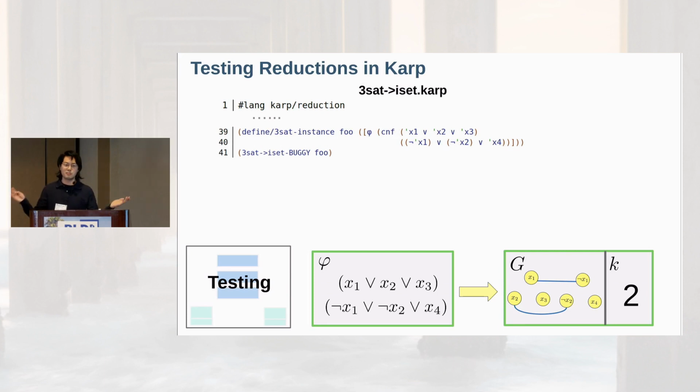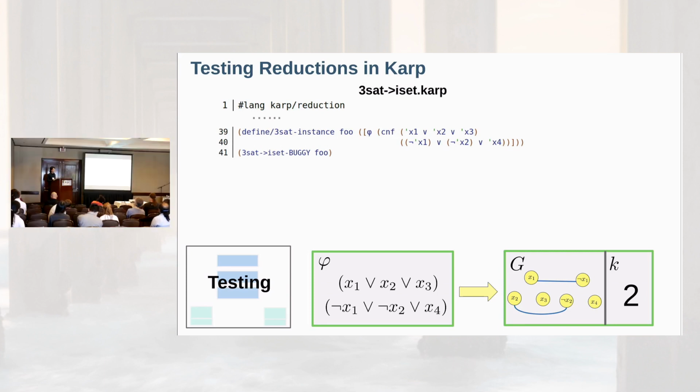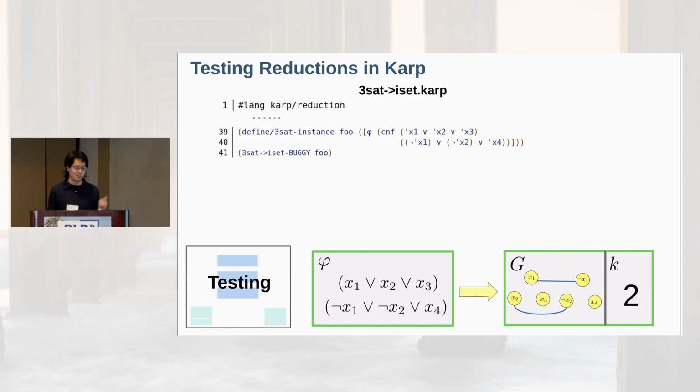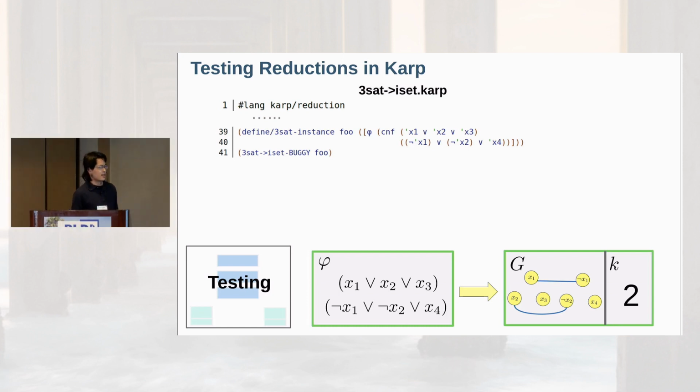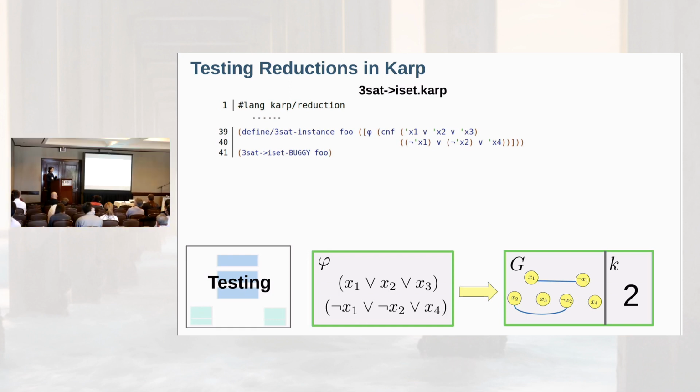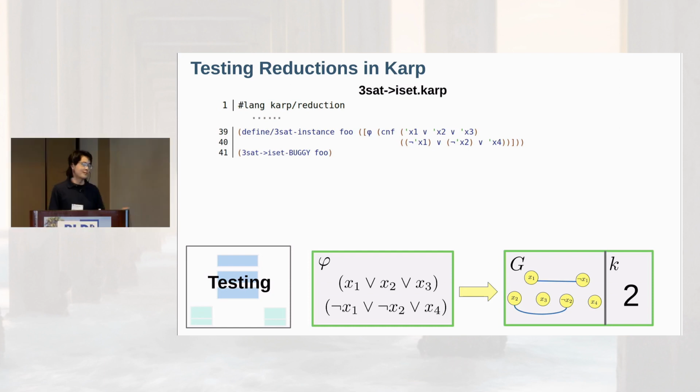Now we know that a reduction is a program, and we want to run it and test it, and hopefully the test can figure out this bug. The most straightforward way is to handcraft some examples and apply this transformation on them. But unfortunately, if we simply test some handcrafted examples like this, it is often unable to uncover the mistakes of the underlying reduction. These handcrafted examples are often very simple and biased, and they will give you complacent and false